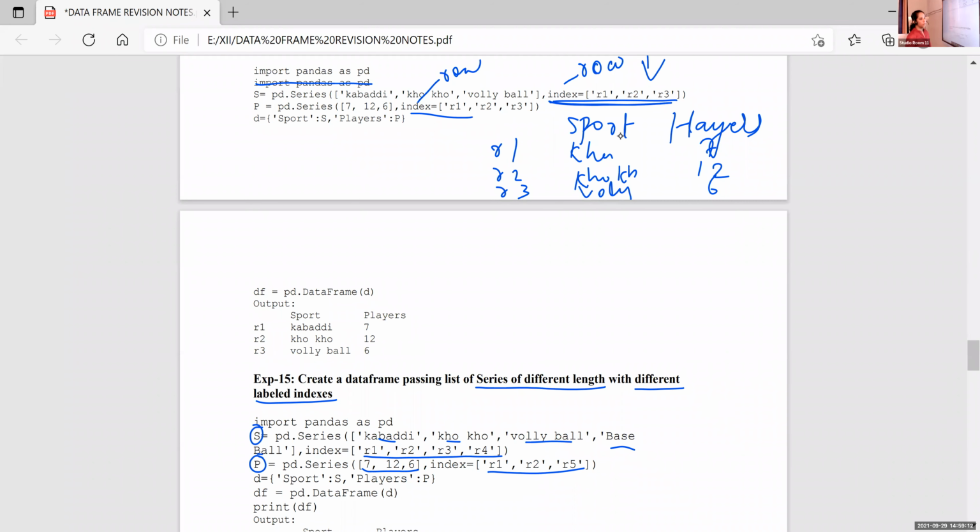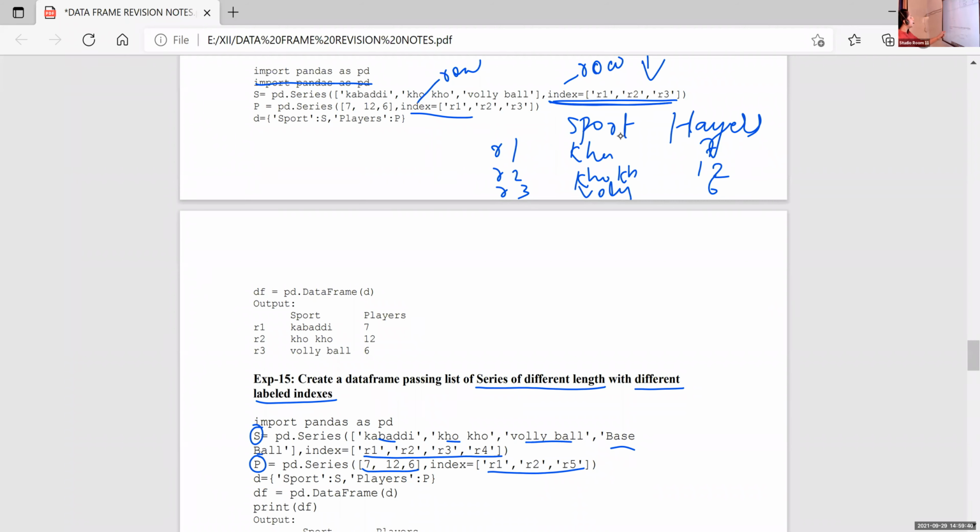There is a difference in the number of values and in the index values. I am using R1 to R4, but here only R1, R2 and R5. Using this S and P, I'm creating a dictionary, sports S and players P, and df is equal to pd.DataFrame(d).